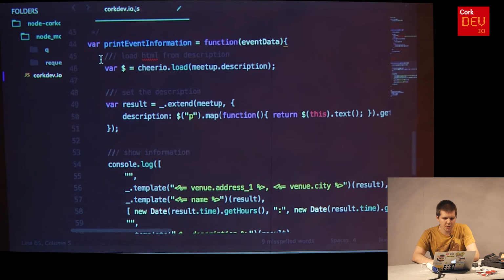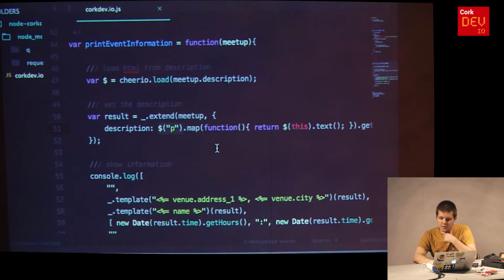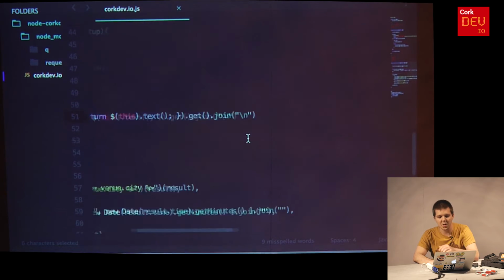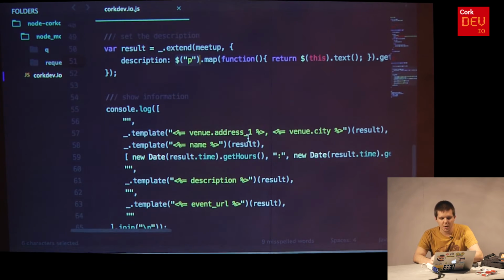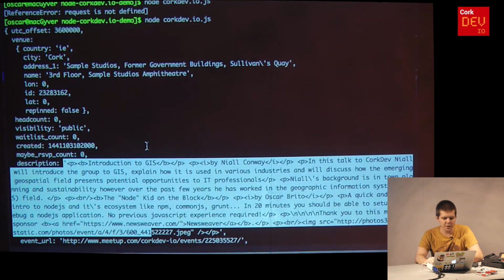So basically, if you look in here, I am loading this, called meetup. It is loading from Cheerio the description, which is HTML, and then what I am doing is getting all the paragraphs of that and getting the text from inside. There is no need to go into details on this. And then I am console logging all the lines that I want to show. So basically, if I run this,